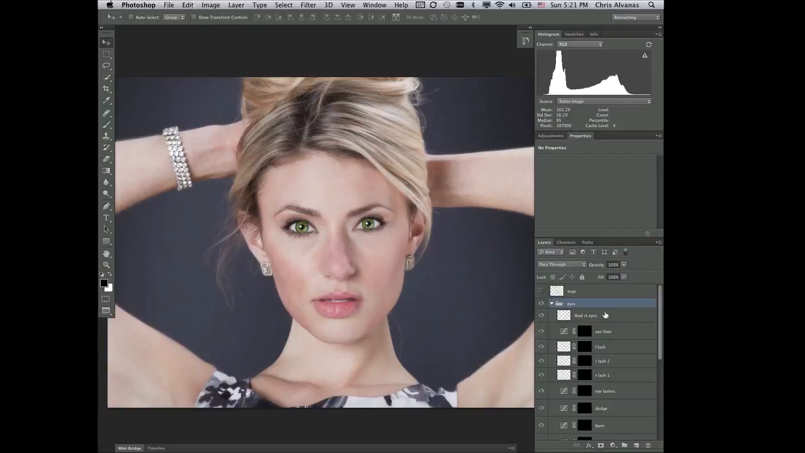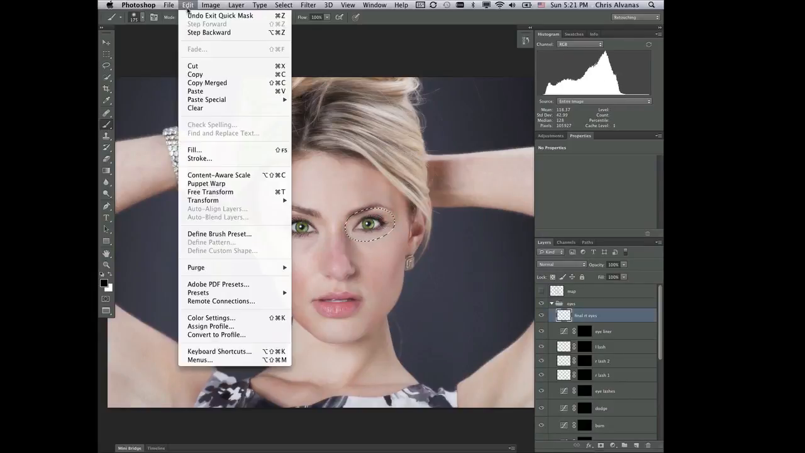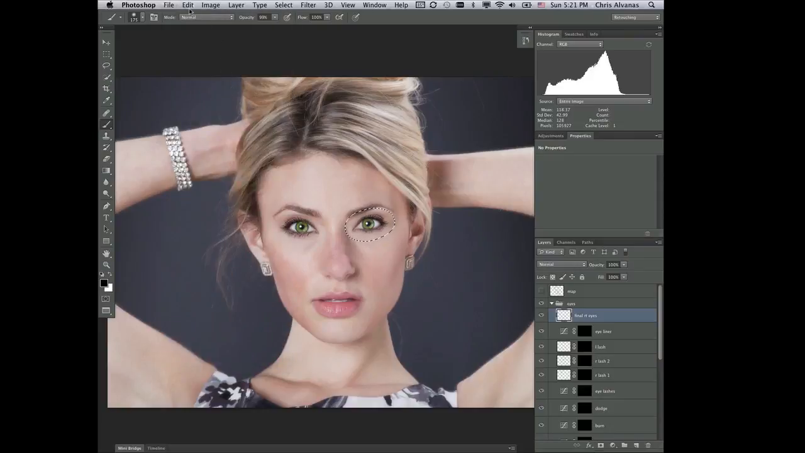But for the eyes, I'd like there to be a layer above the very top. So I'm going to tap the Q key, have black as my foreground color, and make sure that my brush is set to 100% opacity and 100% flow. And I'm going to make a good selection of around her eyes. And then hit copy merged, and edit paste. And that's going to put the resized left eye